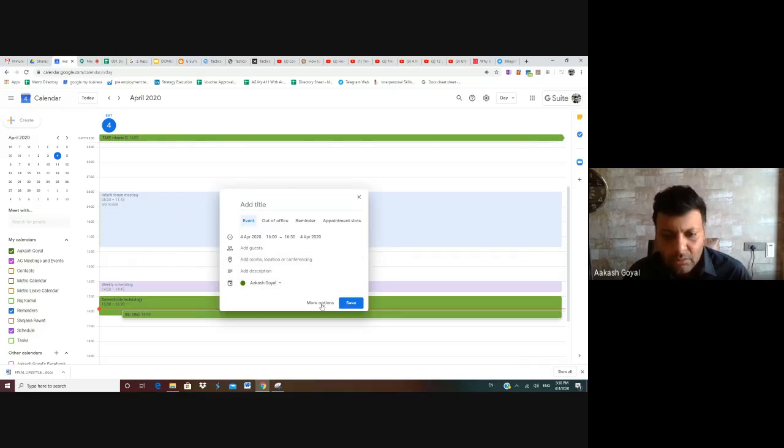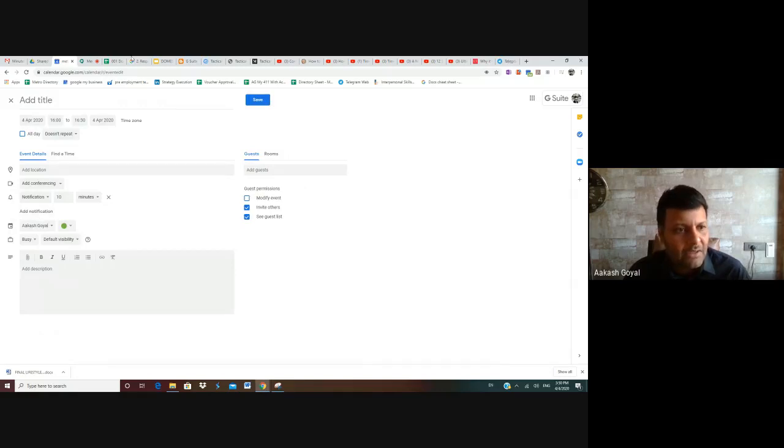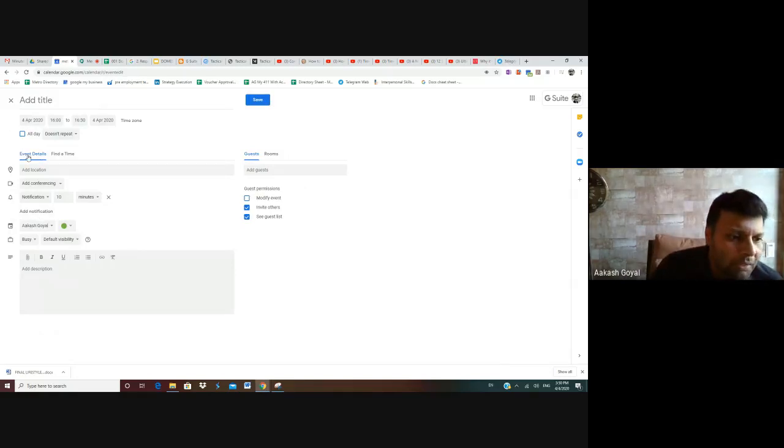So if I go to more options here, then a larger page will open up. Here, you can add the notification. We were talking about notification, right? So here you can set notification or email. If you need a notification through a ding or any tone, you can set notification, and then you can set